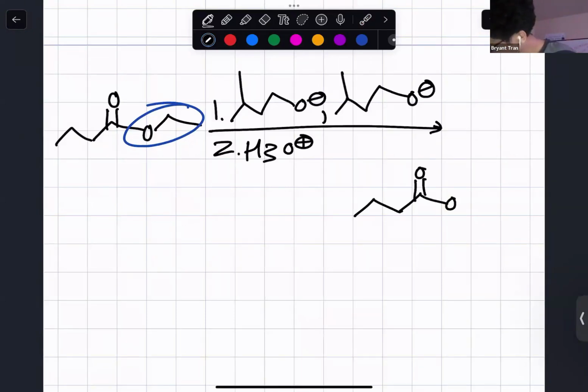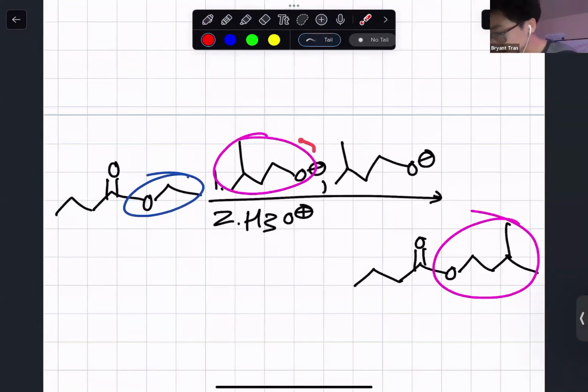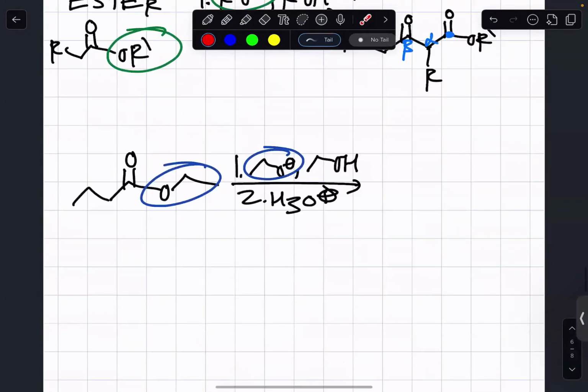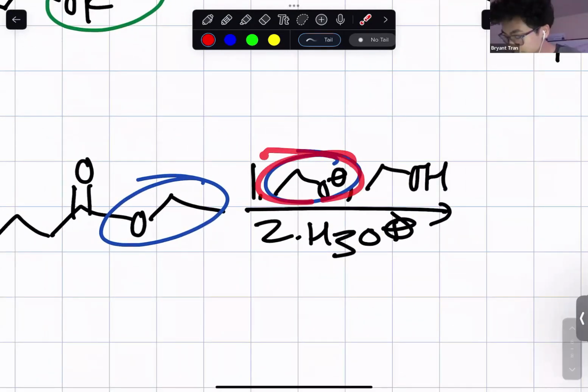here, where the new OR group is coming from this reagent right there. Right, so that's transesterification. Trans meaning different, esterification meaning we're creating an ester. Right. Got it. But if we use the same OR group right here